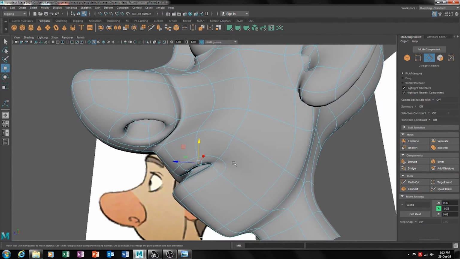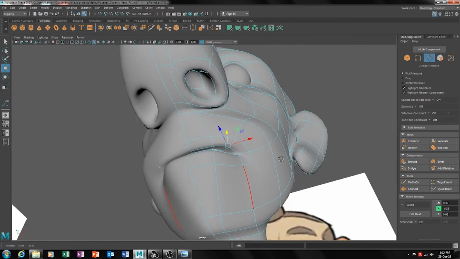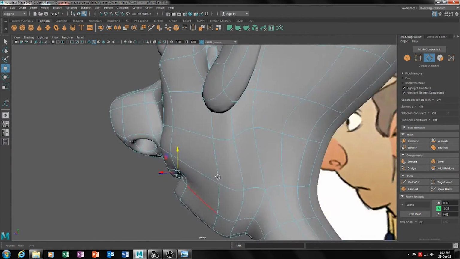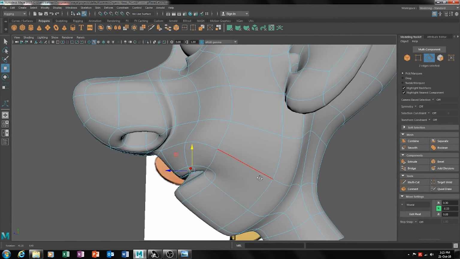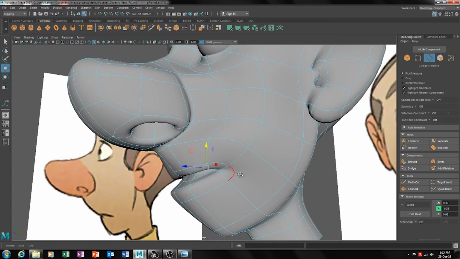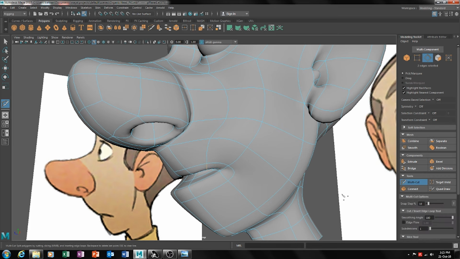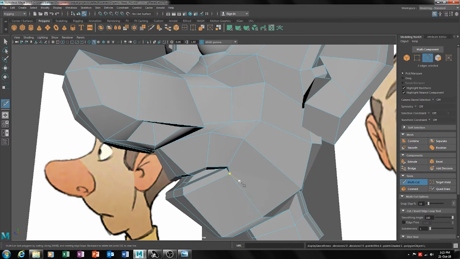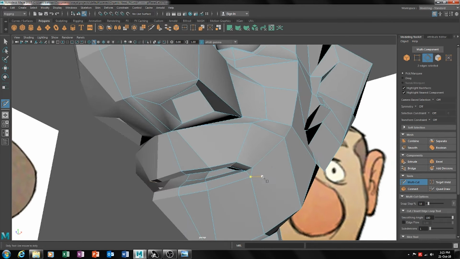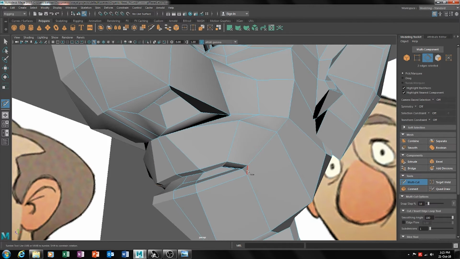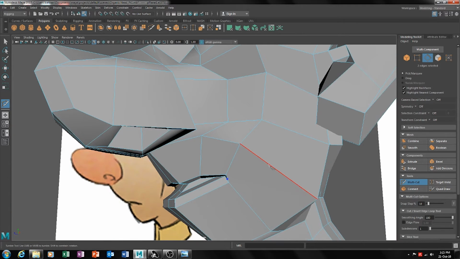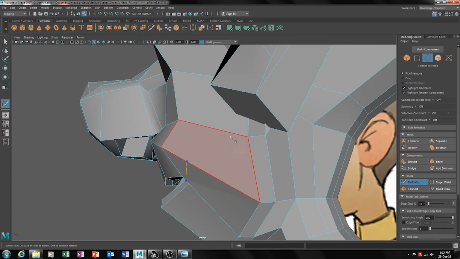So now you can see this part here, you kind of have a redundant cut. It's supposed to have a nice mid mouth cut. This one comes with a lot of studies and a lot of practice. So from here, this is supposed to move on to